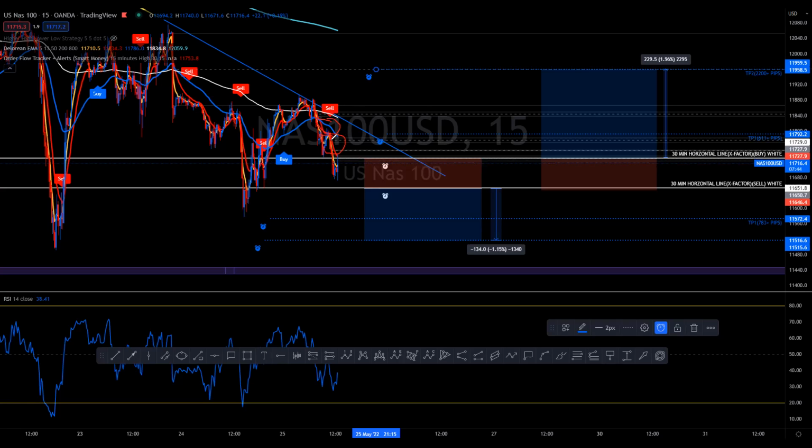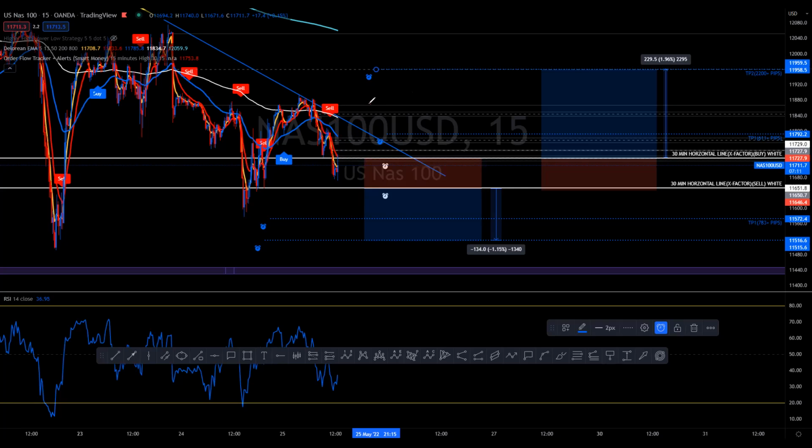Now in this case, the yellow EMA has already crossed the red EMA. Now they could come back and mitigate this area and then continue to go down. If that's the case, and the yellow EMA is still below the red EMA, then that's a sign that they're ready to go for another round in the bearish trend. But if it crosses over here and the yellow EMA crosses the red EMA and goes up, and especially if it's above the blue, it's usually a sign that there's a very strong bullish trend coming,